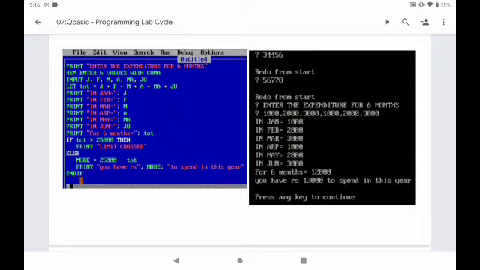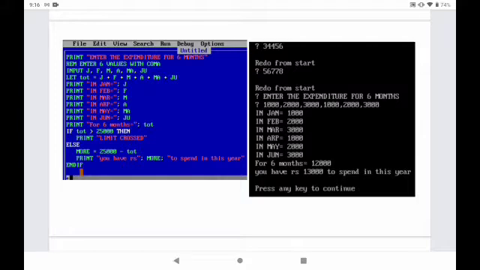And after that, let tot equal to J plus F plus M plus A plus MA plus JU. Tot is a variable, standing for total. That means the expenditure we have entered for each month will be added, and whatever the result is, it will be stored in the variable named tot. After that, print Jan equal to semicolon J. So whatever expenditure I have given for January will be printed by this line.